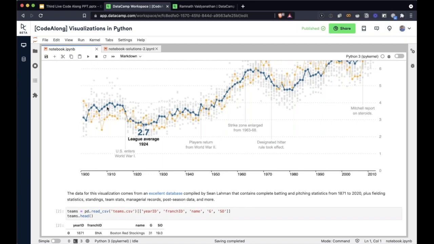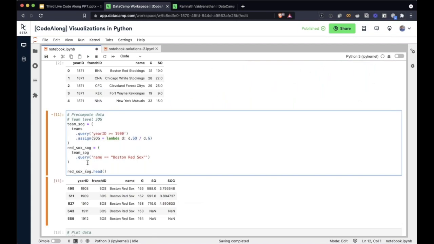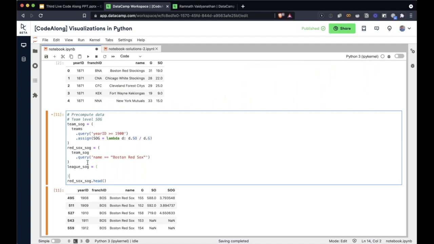So in other words, it's saying that if I look at all the games played by all the teams in the league, and if I look at all the strikeouts summed up together, what's that metric? So the way we're going to do it is we're going to call it league SOG. And as usual, we start with the same team SOG